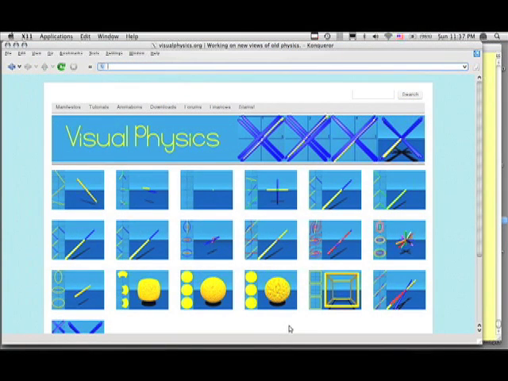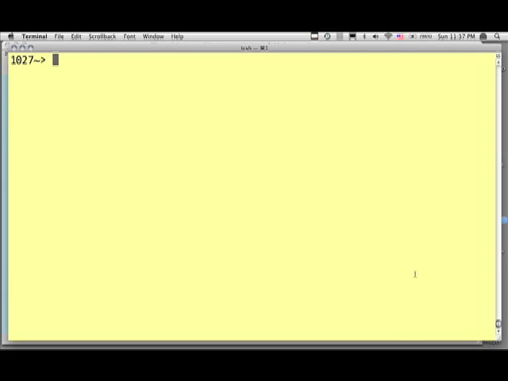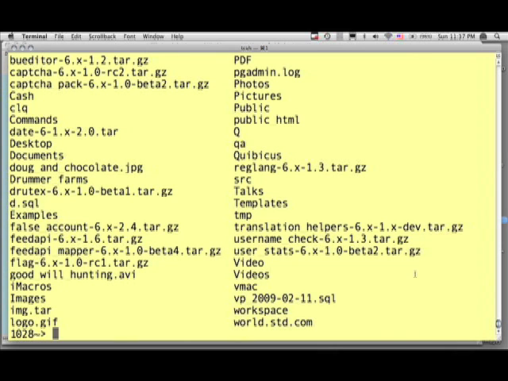I'm Doug. In this screencast, I'm going to show you how to install the software that makes the animation scene at visualphysics.org. So what we need to do first, though, is find out whether you're even familiar with the command line. If you're not really familiar with that, you probably shouldn't bother with this software because it relies on the very